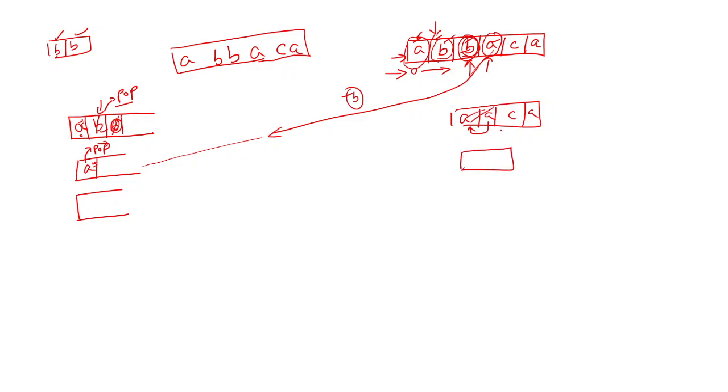Now the string we have is CA. We move to this index and we have picked up C, and nothing is there, so we put C here. Now we move to A, and we check whether the top one is A or not. If it is not, we will push that element A. Whatever value remains here, that is our final answer.